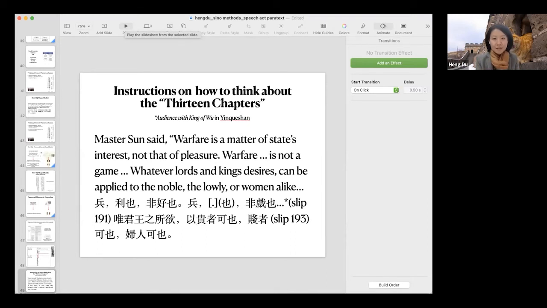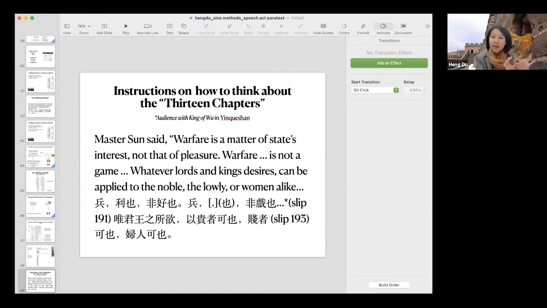So in the Qiushan version, Master Sun says in his conversation with the king that warfare is a matter of state's interest, not that of pleasure. Warfare is not a game. Whatever lords and kings desire can be applied to the nobles, the lowly, or women alike, right? So I think this phrase, first of all, explains why it's a story about training women, right? It itself is an argument for the universal efficacy of the content of the text,